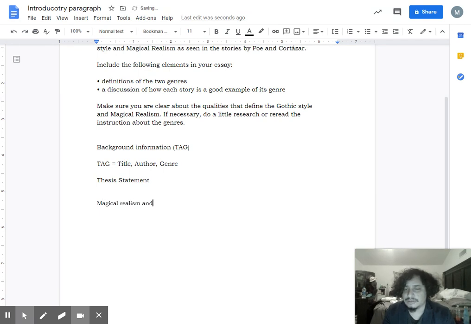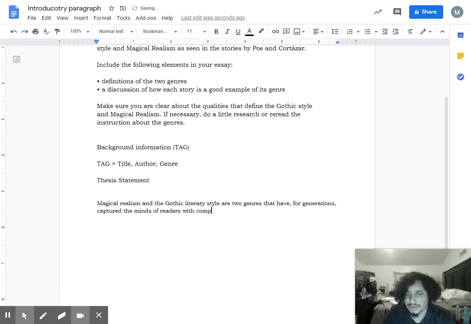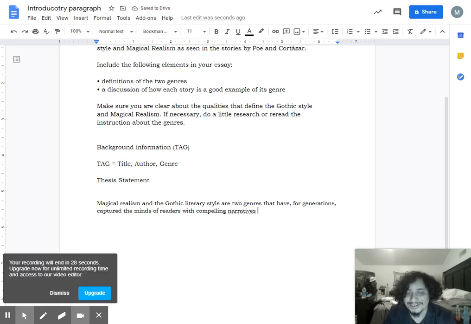Magical realism and the Gothic literary style are two genres that have, for generations, captured the minds of readers with compelling narratives that depict qualities of fear, mystery, the supernatural, and mankind's allure to fear in general. So that's just, it's not necessarily